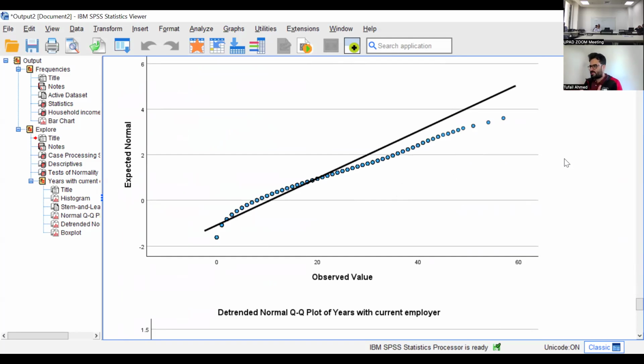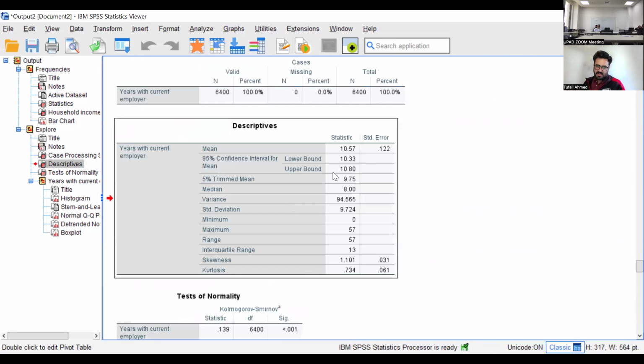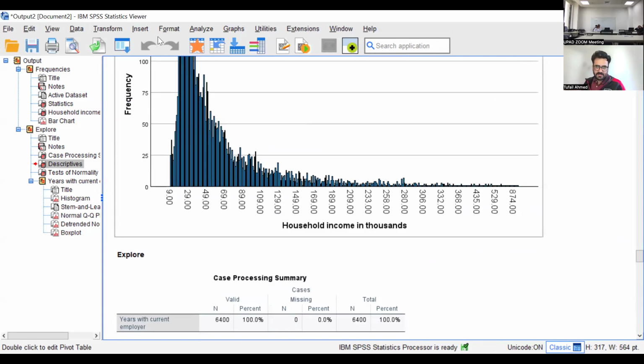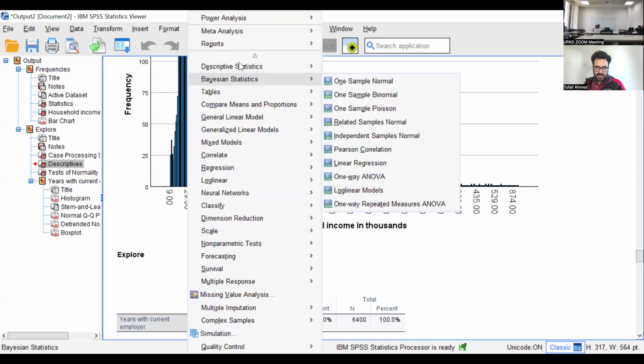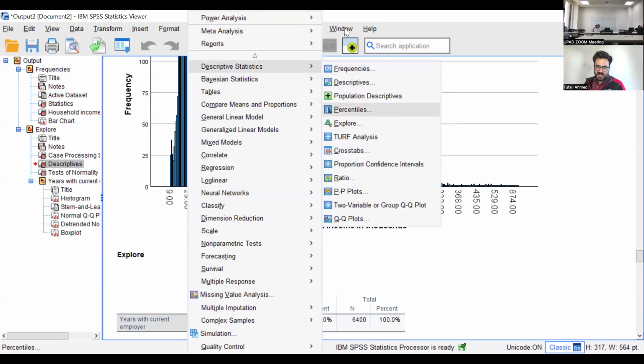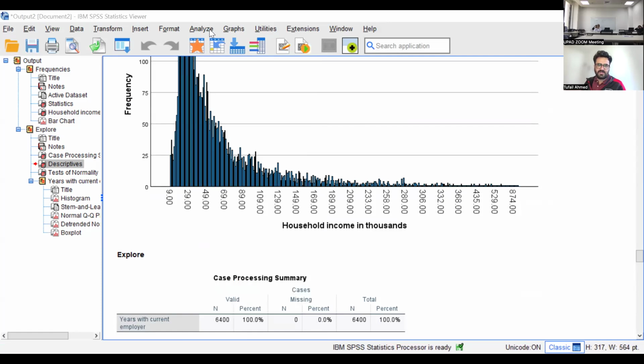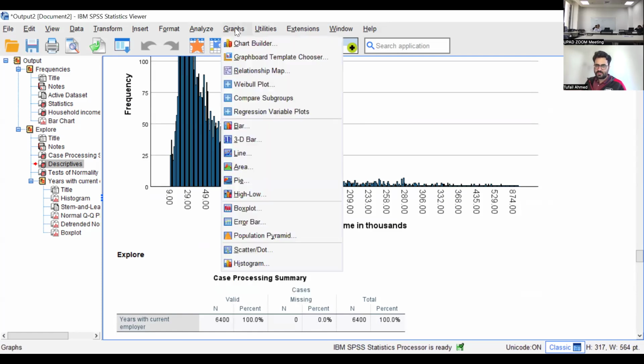It shows you the trends in your data. Then you can use these in your reports. You can just click, copy, and paste it in your Word file to show them in your reports. So this is your descriptive statistics. Similarly, we can make graphs. We go to Graphs. We can make charts. If I only want a chart,